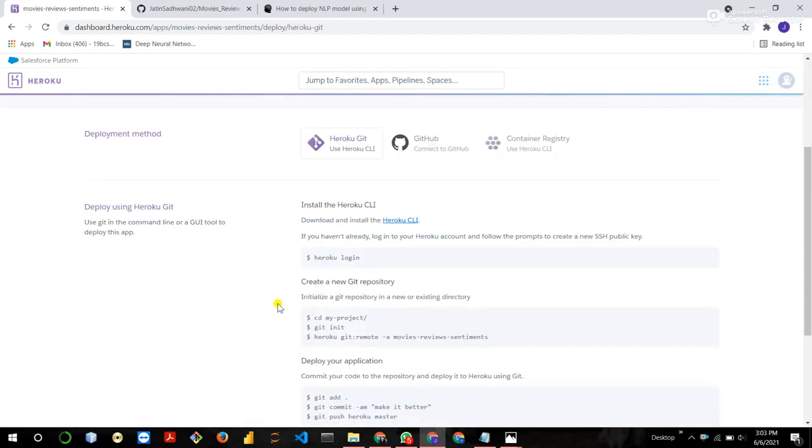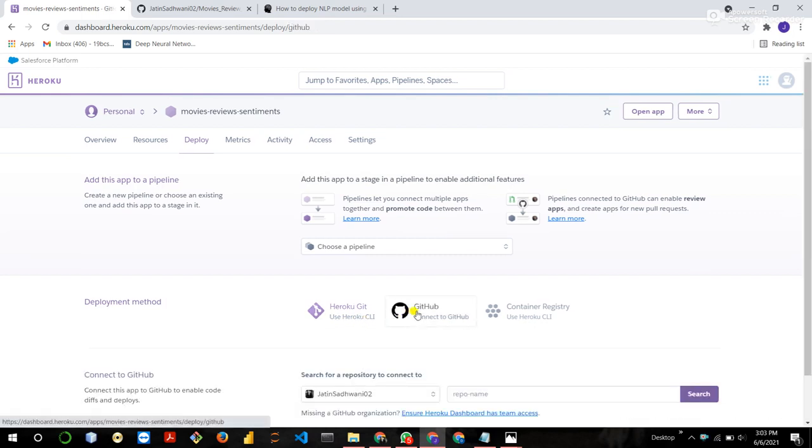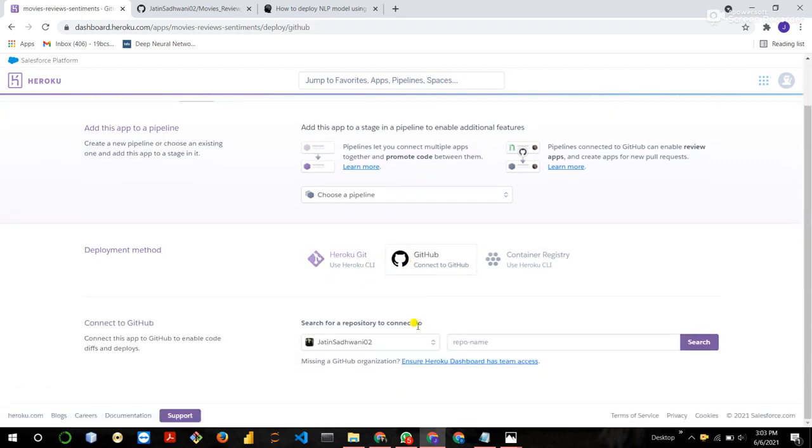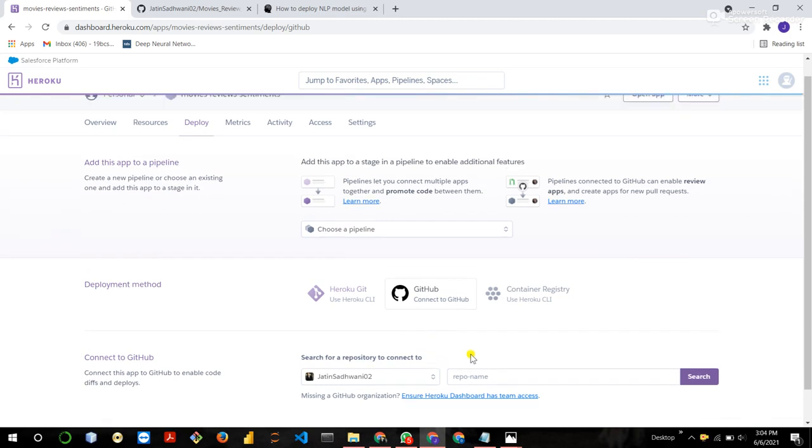Then just go to GitHub. If your GitHub is not connected with Heroku, simply click on connect, enter the username and password, and connect to Heroku.